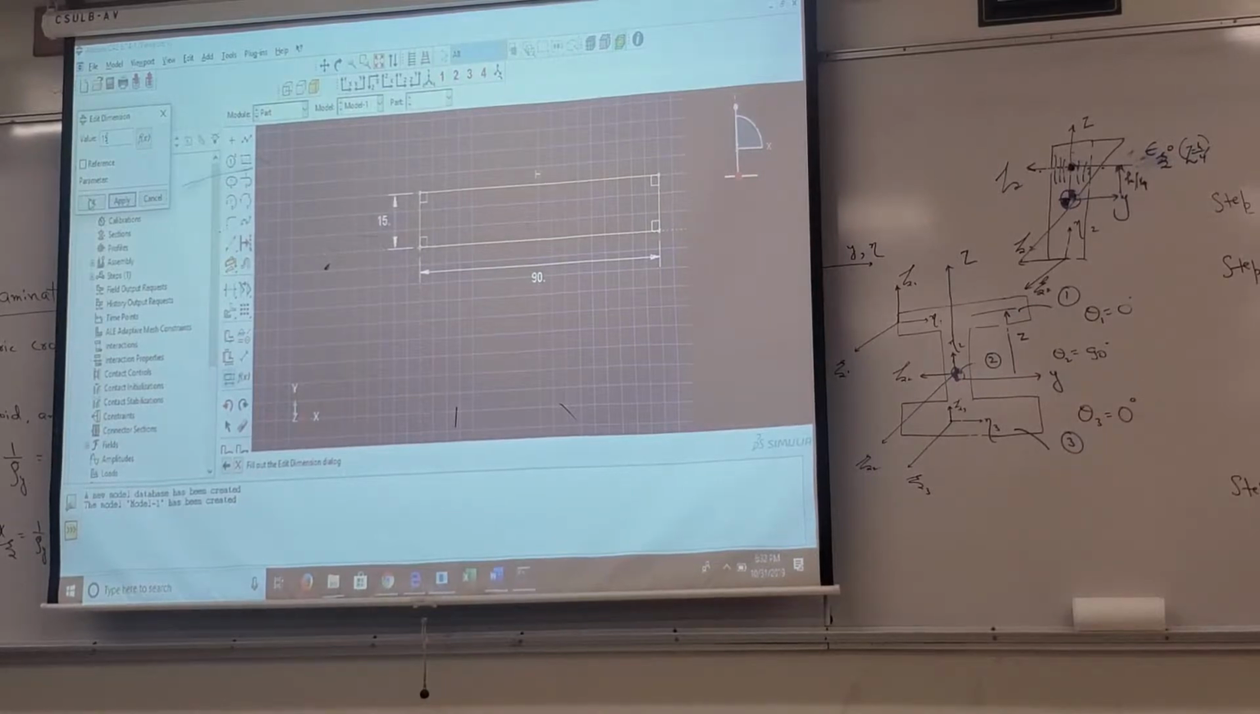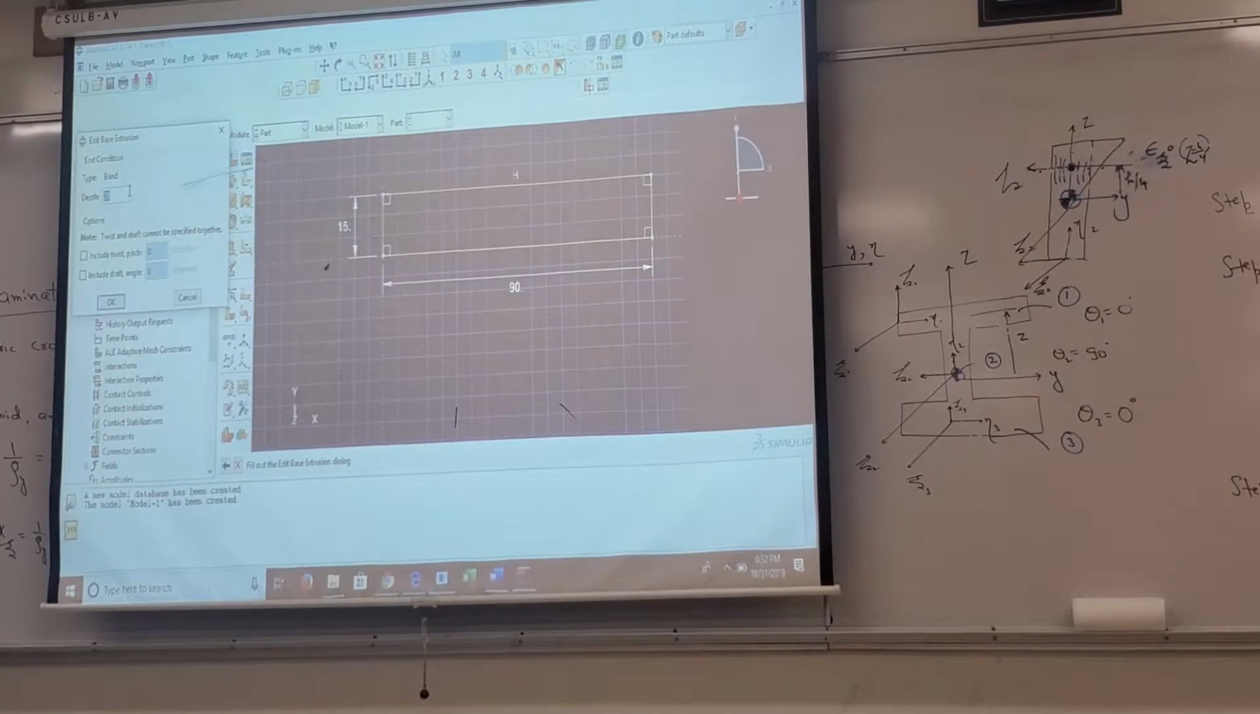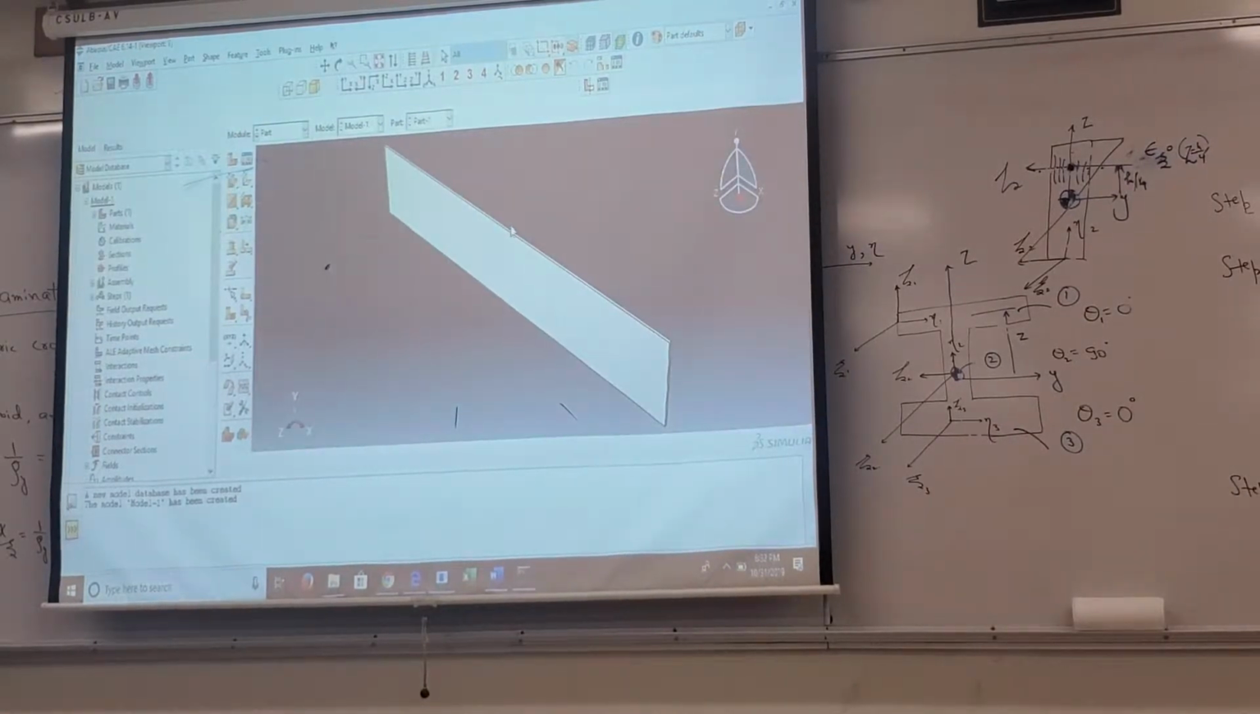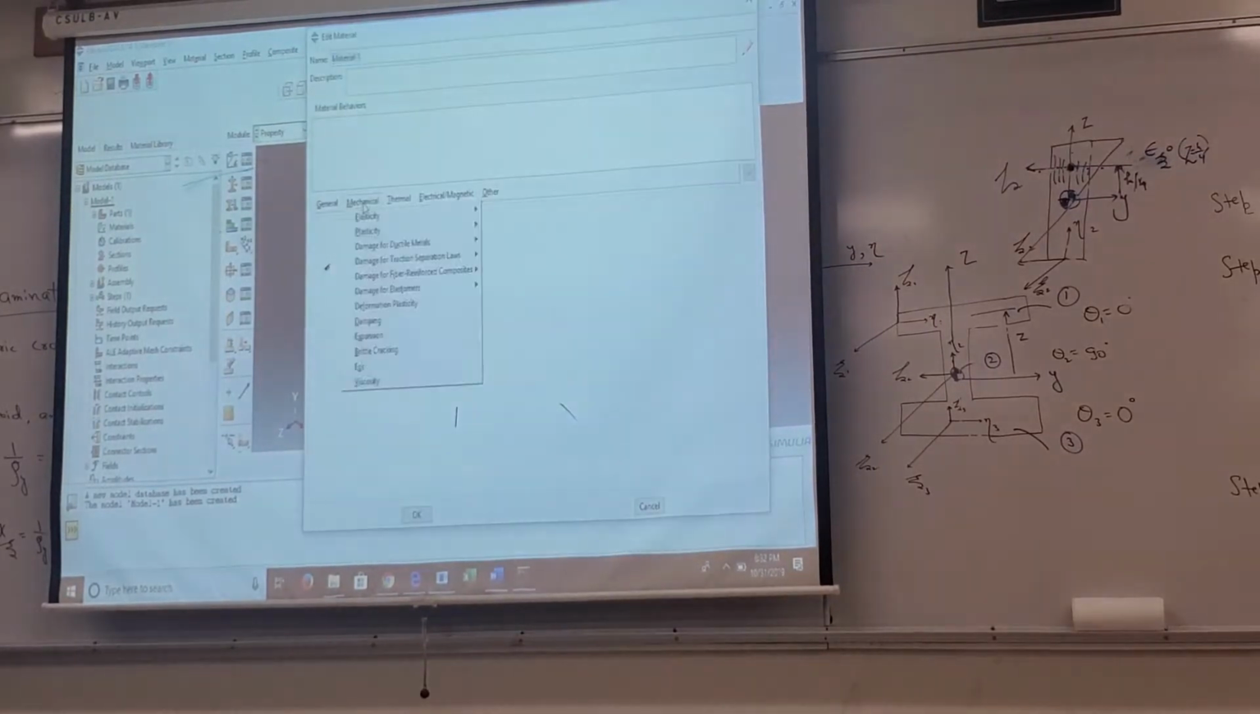Okay, so this is the one flat plate I am making, and the thickness is, let's say, 0.5 millimeters. So this is one flat plate that we have created, and what I will do is, instead of creating another flat plate, I will slightly go to properties, create a material properties,